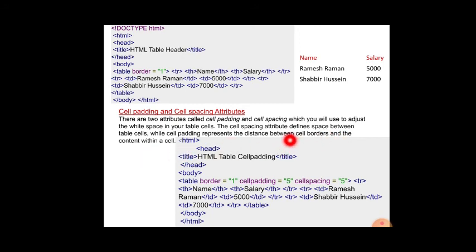So this defines space between the table cells. So what should be the space between the table cells? If there are two cells like this, the space between the two table cells is represented by the cell spacing. What is cell padding then? If you think this is the border of the table, then the space between this border and the data represents the cell padding.